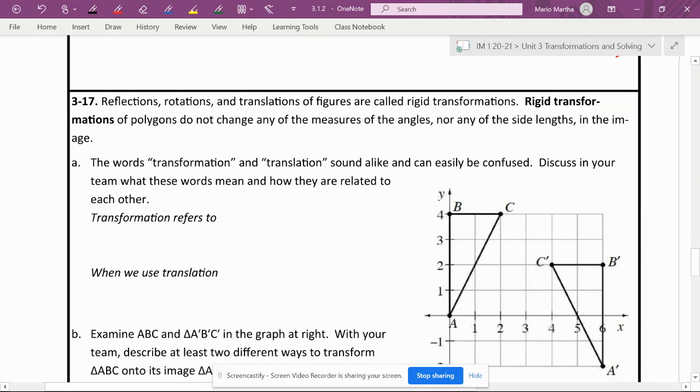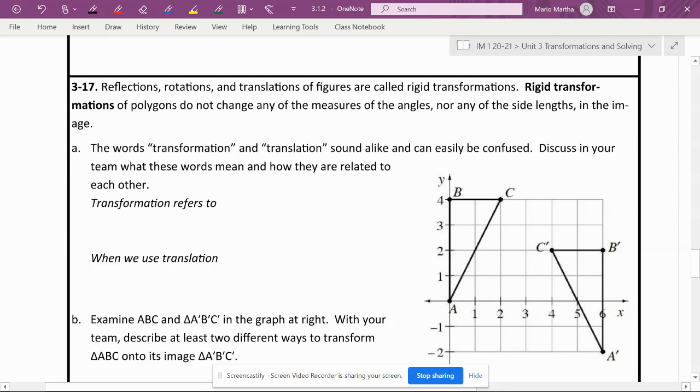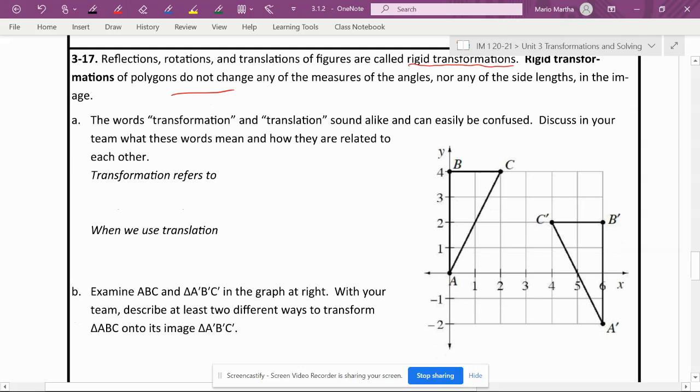All right, question 3-17. Reflections, rotations, and translations of figures are called rigid transformations. Rigid transformations of polygons do not change any of the measurements of the angles nor any of the side lengths in the image. The words transformation and translation sound alike and can easily be confused. Discuss this with your team, or think about it, right? Transformation refers to the three different rigid transformations that we have,